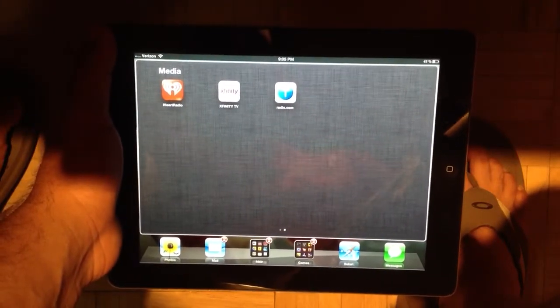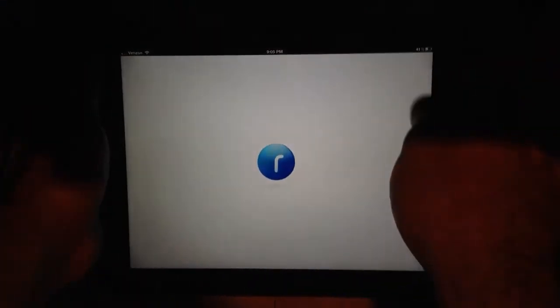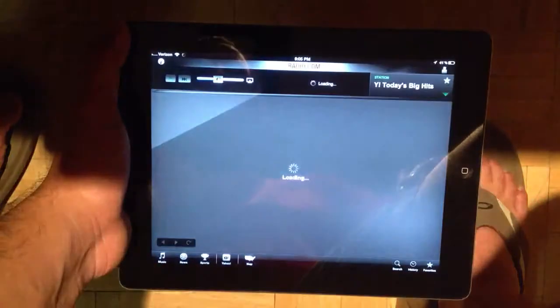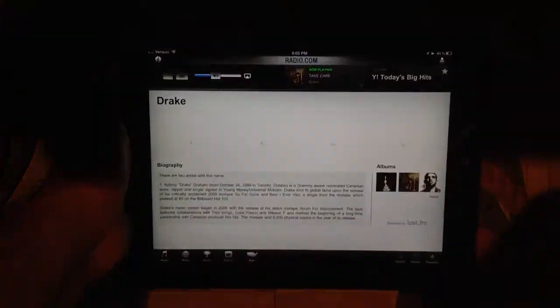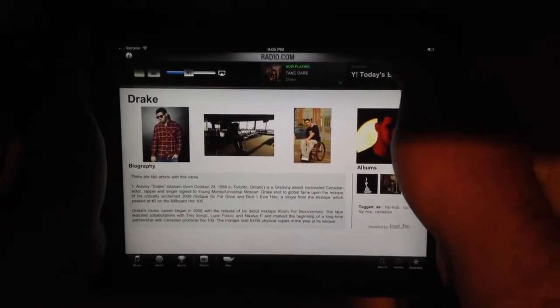Today we're going to be reviewing an app called Radio.com. Radio.com is basically an app that uses Yahoo Music as well as Last.fm to provide you with some sports, news, and music radio stations. So starting off, the main page here,